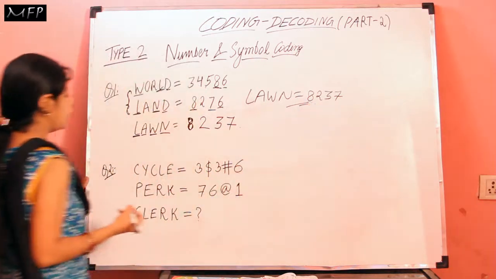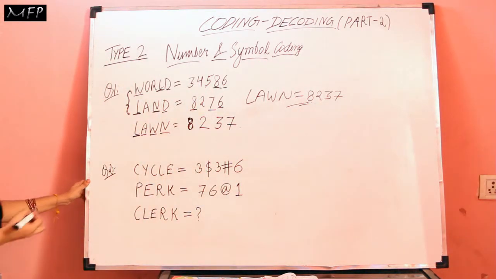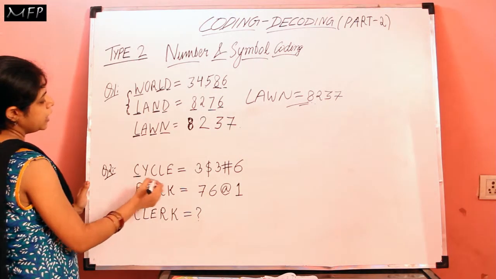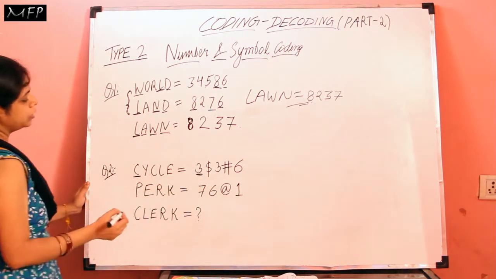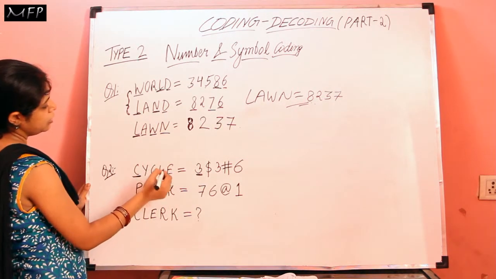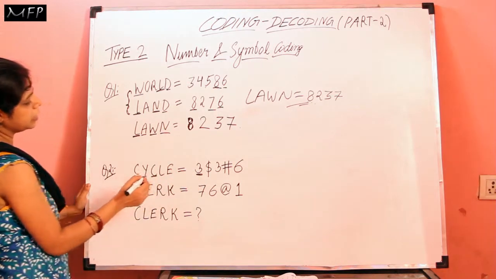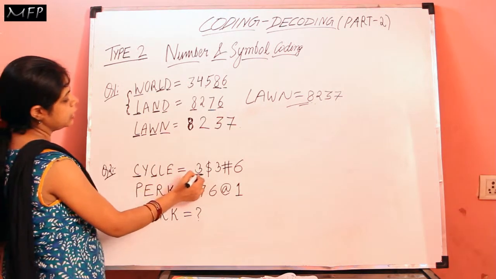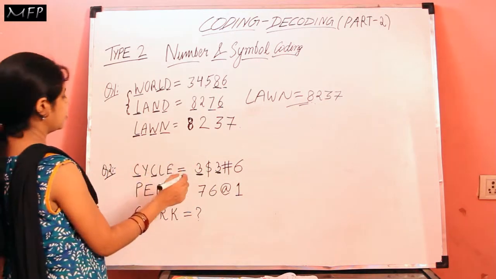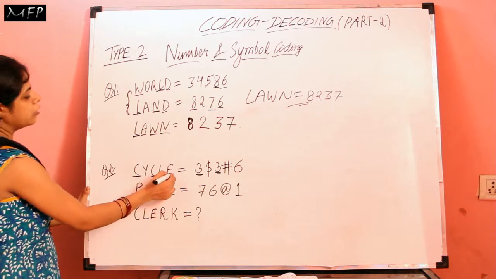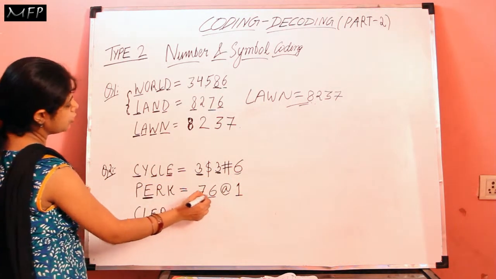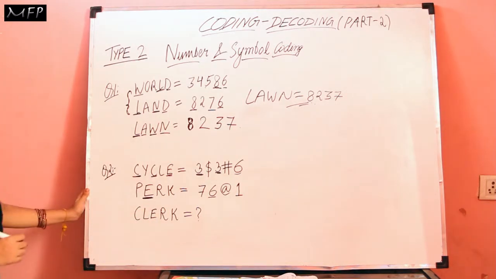Okay. Now let us see the second question. Here also we will first see whether the codes are given in order or not. Here also C comes and here also C comes. So we will see the first and third place of the code, 3 comes here and 3 comes here also. That means the code for C is 3 only. And here the code for E is given 6 and here the code for E is given 6. So the codes are in order.